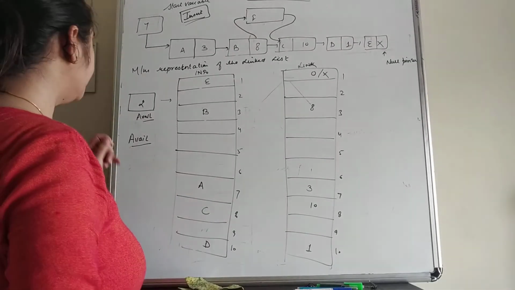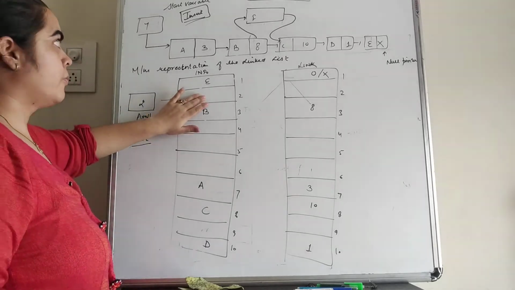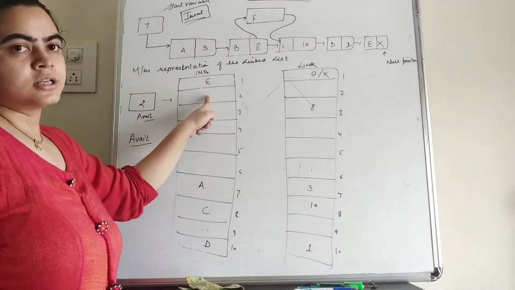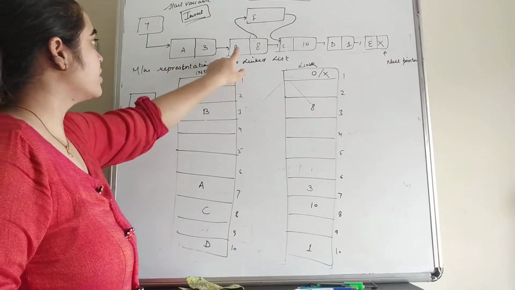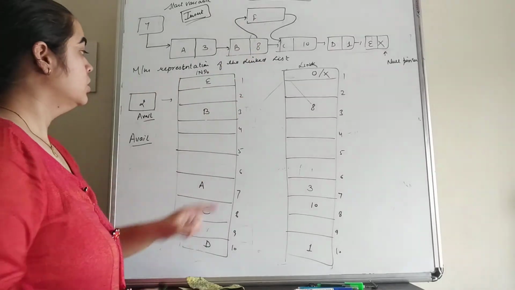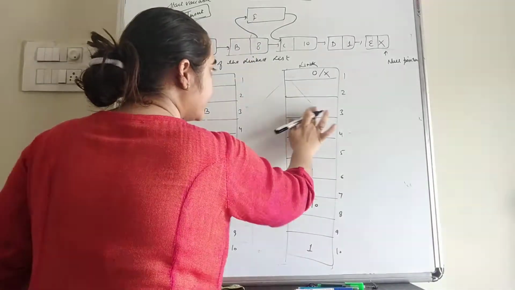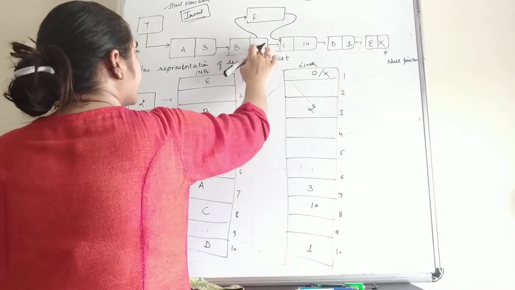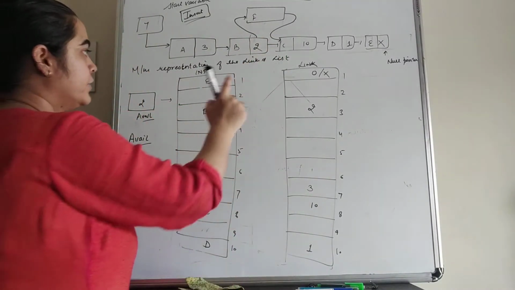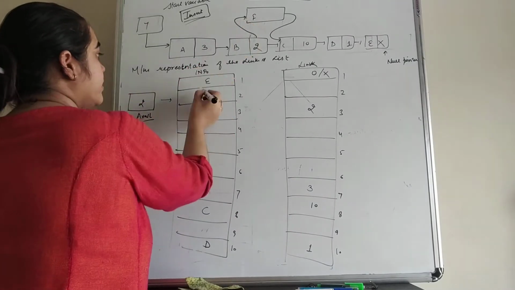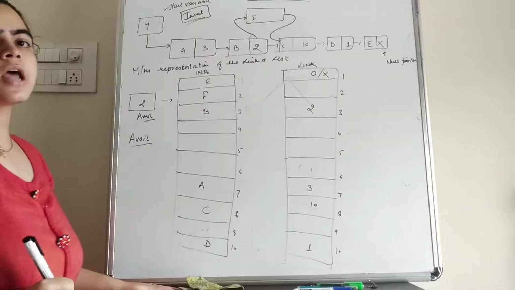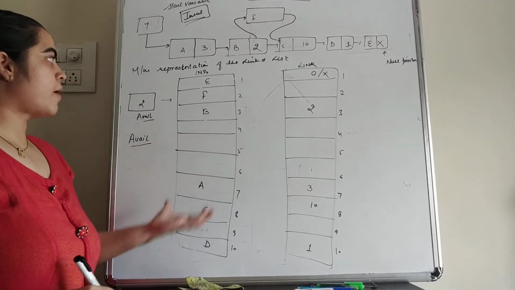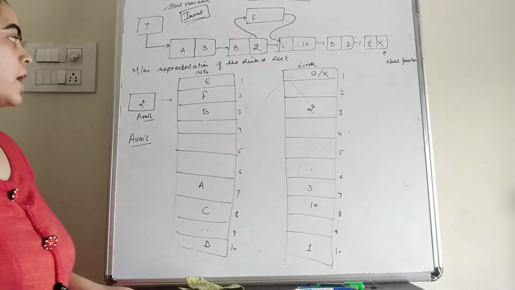So students, we can check the avail part. That means we have to insert this F within the second location. So initially we have to update 2 here, in front of B. Now we can delete this A and update the address of F. So here we write 2, and location 2 contains the data element F, because this is the very first empty memory location within the array, and within the very first empty memory location only we can insert the data element.